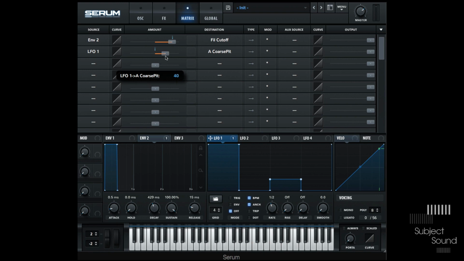So let's say, for example, we wanted to have this LFO be just 1 octave. We wanted to have a range of 1 octave over the coarse pitch. What we can do is we can double click on here and we can type 12 and then ST as a suffix. And what this is going to do is it's going to convert this percentage to an amount that corresponds to 12 semitones, which happens to be a percentage of 9. So now if we listen to this,